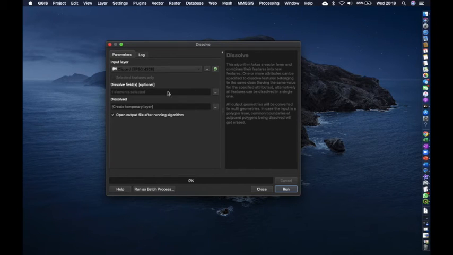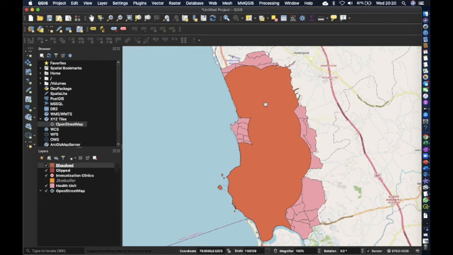Now I have this box. Now one element is selected. Here also I can create a temporary layer, or else I can navigate and save it in another place. In my case, I will create a temporary layer. Then everything is ready. I can click the run button. All the buffer zones are already merged together and show a single merged polygon.